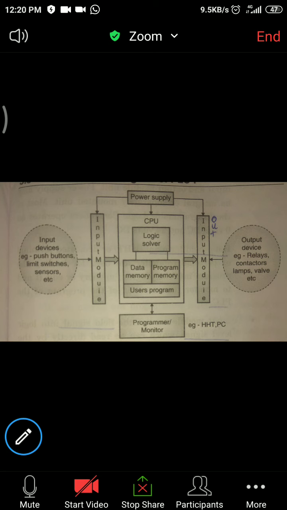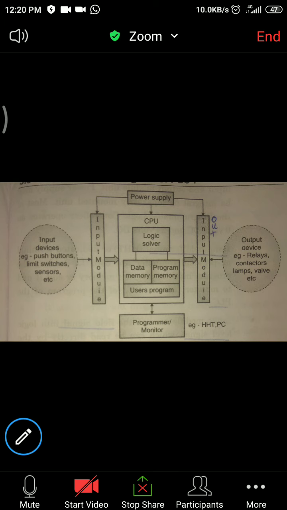You can see this block diagram. This is the basic building blocks of PLCs. As you can see, the inputs such as push buttons, limit switches, sensors are given to the input module.